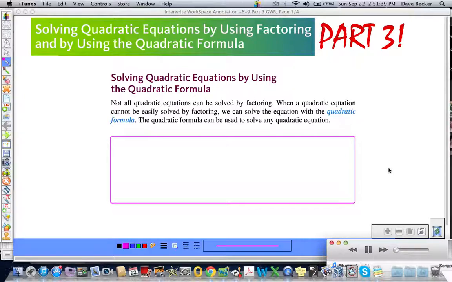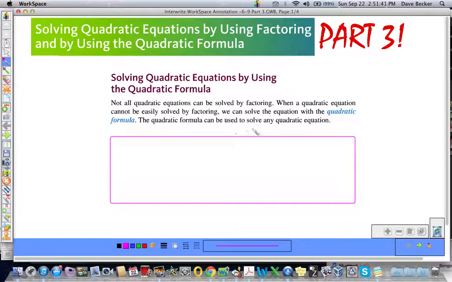It is a new generation of party people, as the wordsmith J-Lo just said, because the party is all about mathematics, baby. We are on part 3 of solving quadratic equations by using factoring and by using the quadratic formula, and today we are talking about said quadratic formula. And we use the quadratic formula